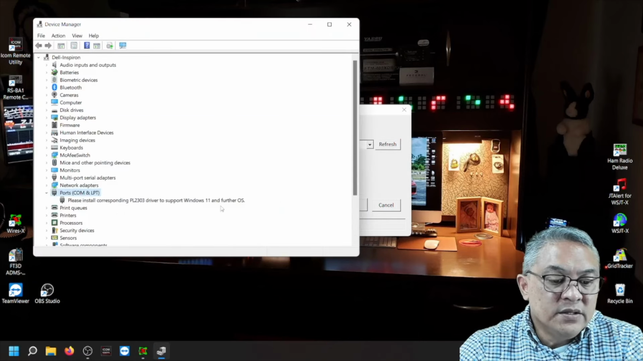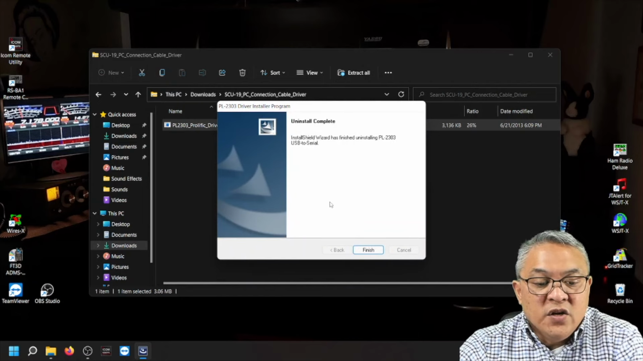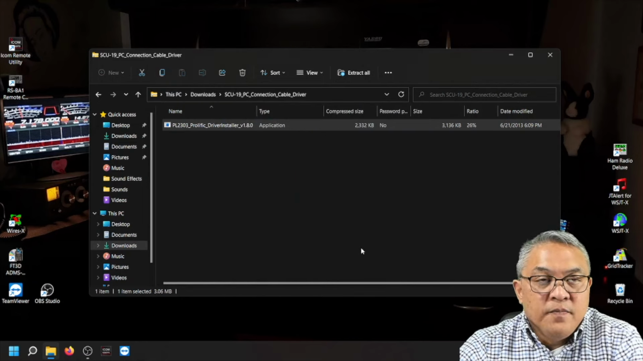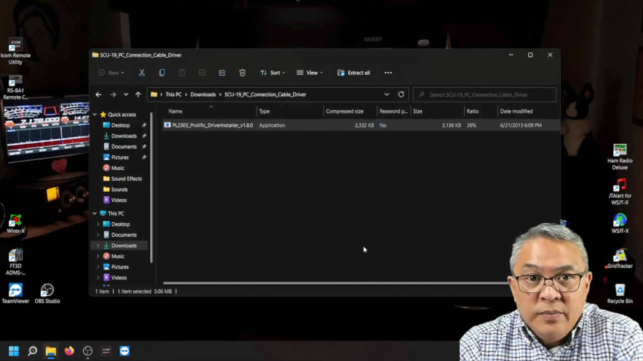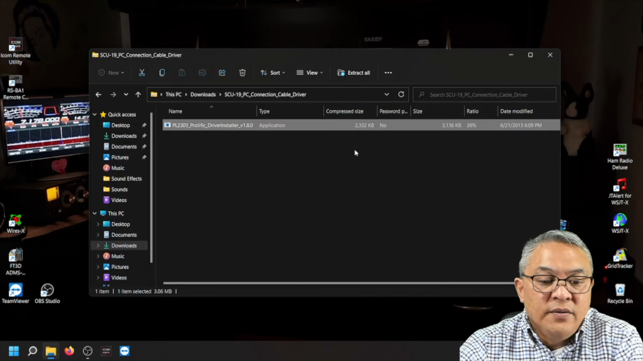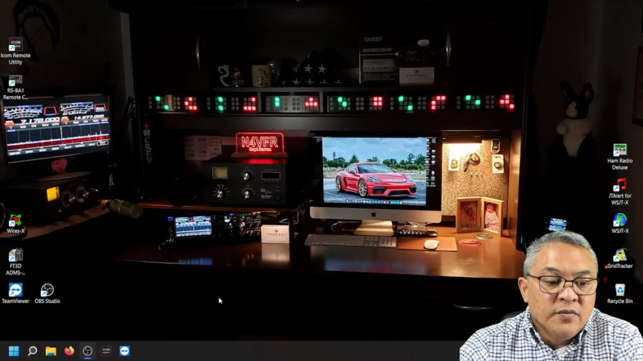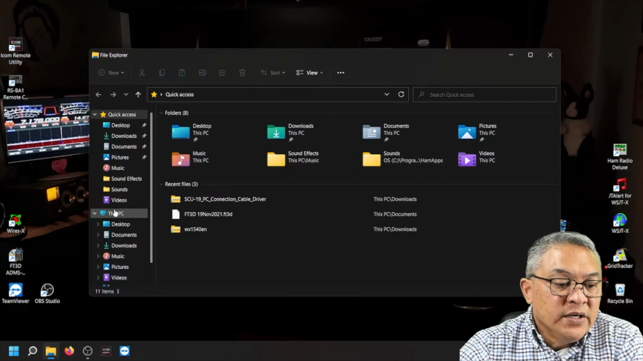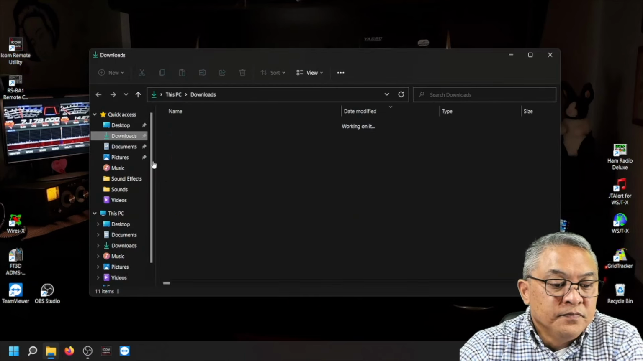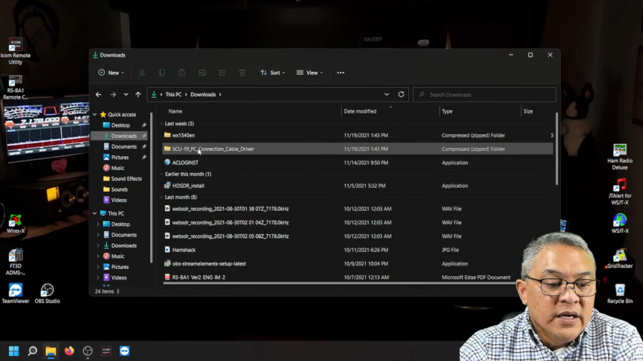First, we have to remove the driver. So you see it there, it says remove. Let's click next and type yes. Uninstall is complete, finish. You don't need to reboot your computer. Okay, now let's double click the driver. Back out of there. Let's go back to my downloads folder. Okay, SCU19,